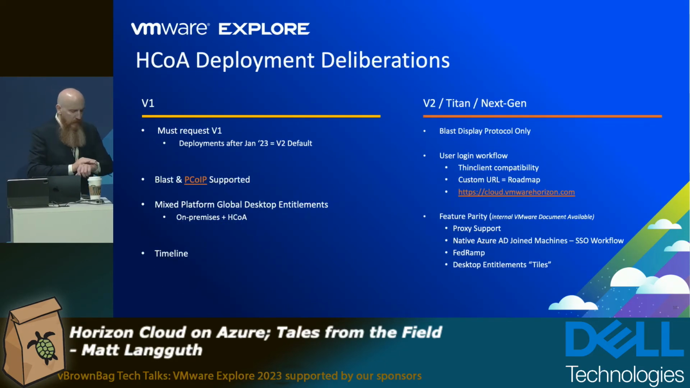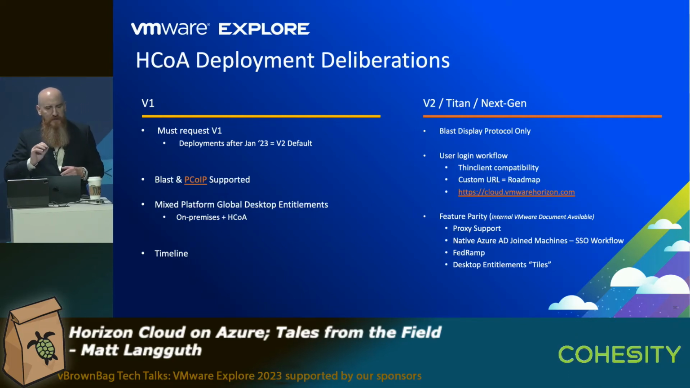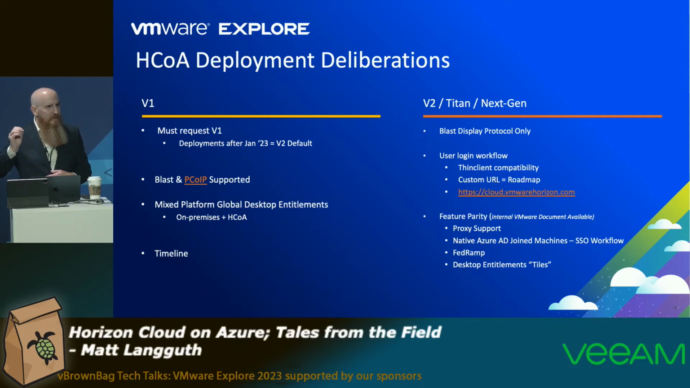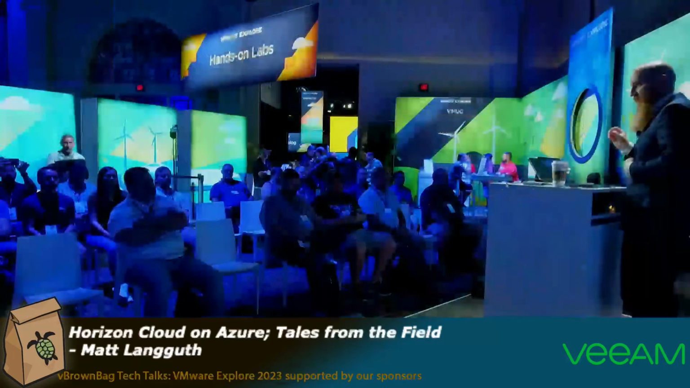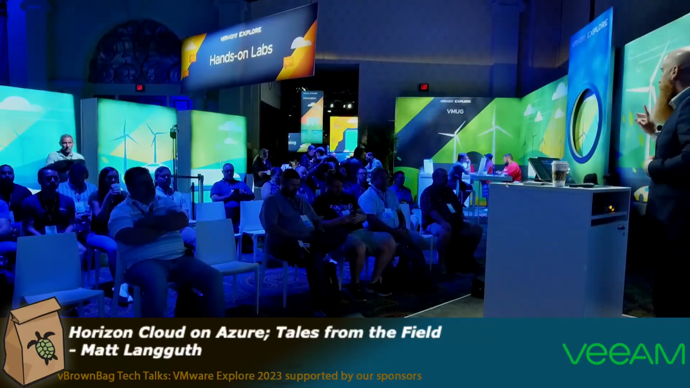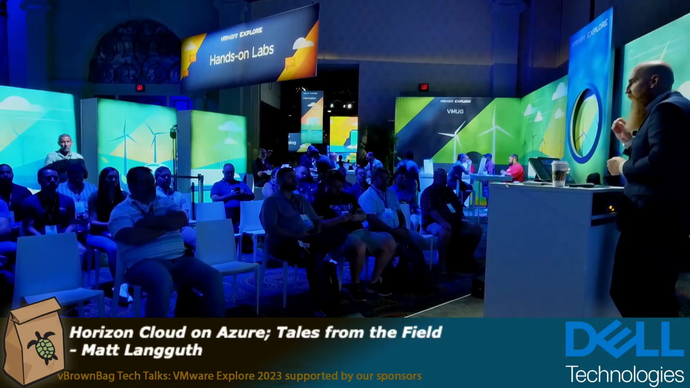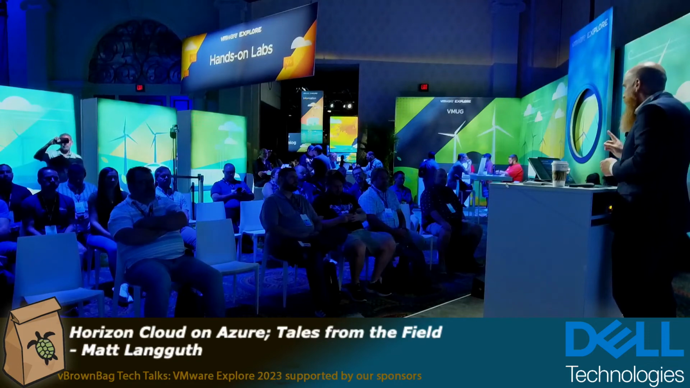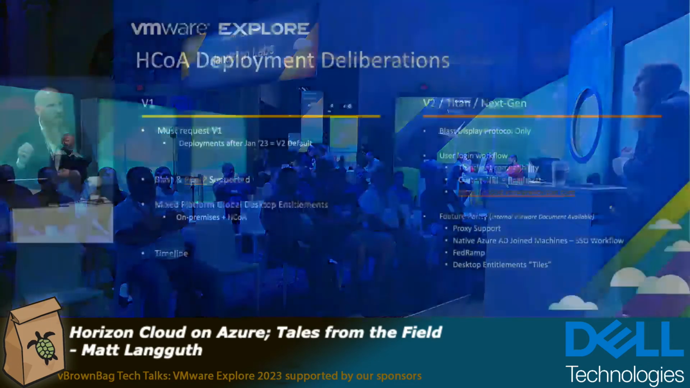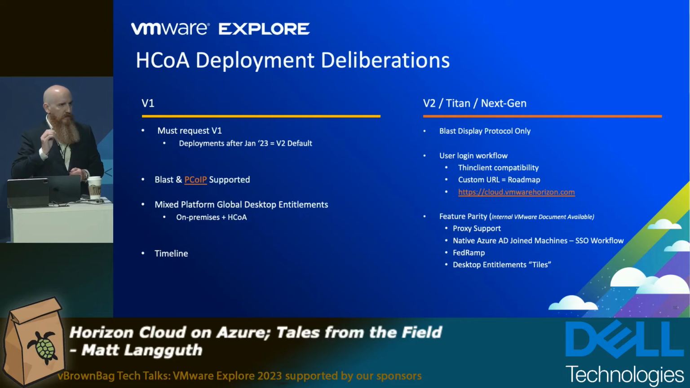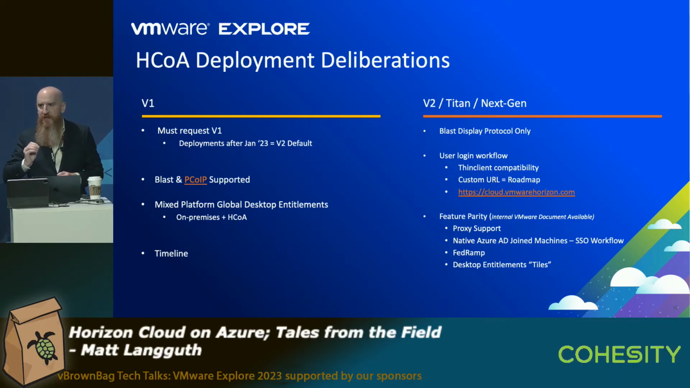So let's talk about deployment deliberations. I'm going to do a quick time check here. So with V1 versus V2, right? First of all, V1, you must request. You absolutely must request. So by default, you're going to get version 2 of the product. The big difference here, if you have endpoints that still require PC over IP, you must deploy version 1. So if you have those Teradicis that might be out there, only in version 1 is PC over IP supported,